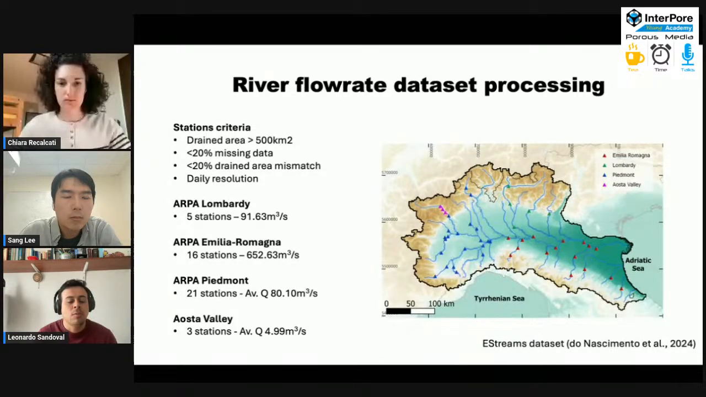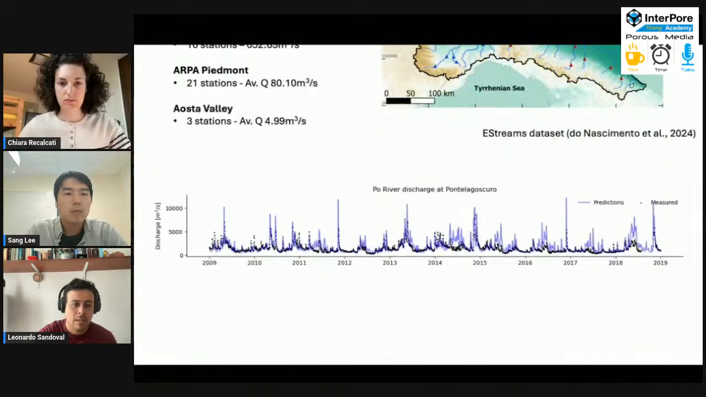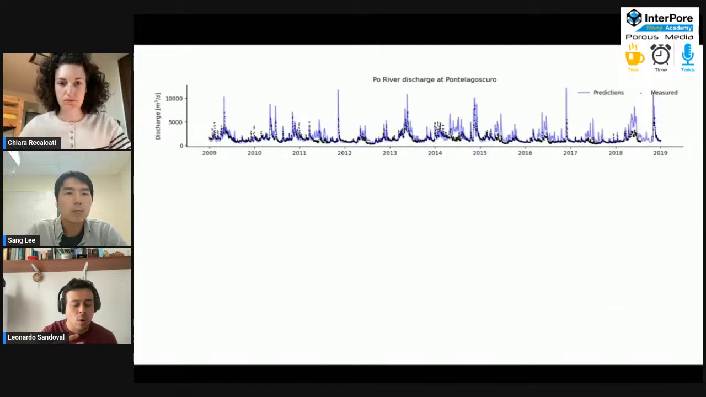We collected the information for more or less 45 flow rate stations in the system, and compare the results of our simulations with these observations. These are the results, or the comparison, of the flow rate predicted by our model with the observations of the biggest flow rate station in the domain, which is again the Ponte Lagoscuro station. We were again very happy with these results because again this is an uncalibrated model,